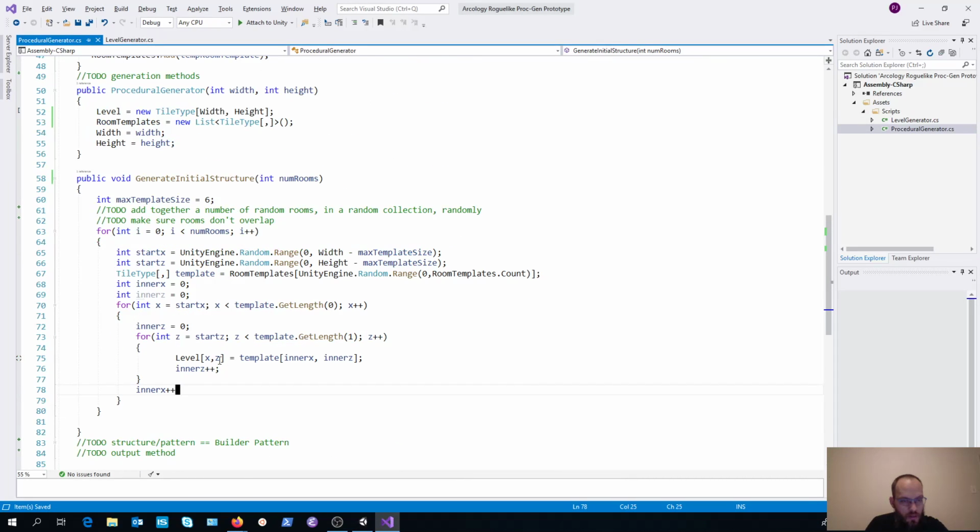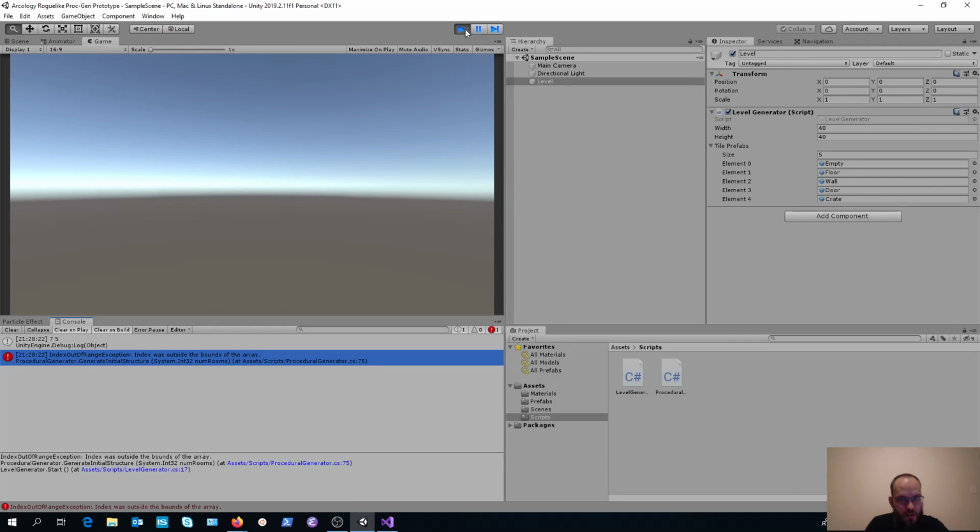It might be just our max template size that's causing some issues.